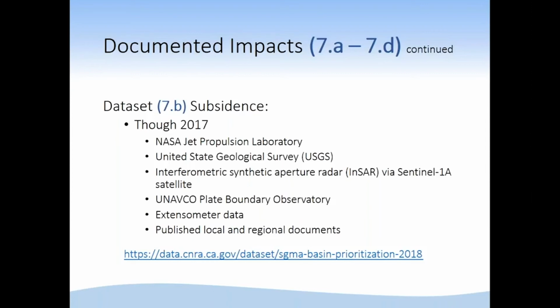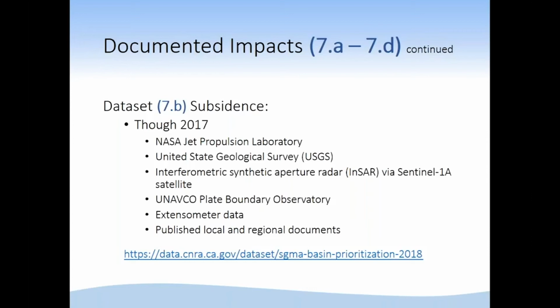The plate boundary observation was an excellent source, especially in Southern California, to look at various locations to try to fine tune what we're looking at and see whether it makes any sense. So we tried to use those as much as possible. They're also located throughout the rest of the state, including the Central Valley. They're for plate tectonics. California is a very active state, and things are moving, so it gives us the X, Y, and Z axis of a lot of locations. But they are point data, situated in places where they expect to see plate movement, and we just try to piggyback on that information as well.